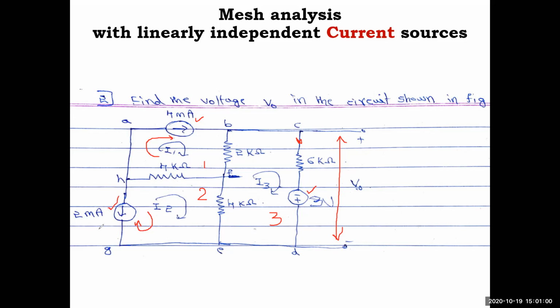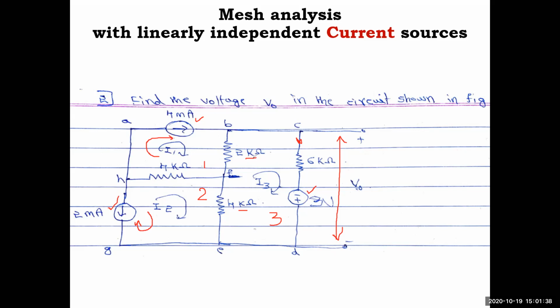Using these values, we can use them in the third mesh equation. So here no need of a calculator also. By just substitution, you can get the answers. So for I3, you have to write the mesh equation only. How do you write it? You can either use KVL or you can use the general equation. Now here all three meshes are touched with 3, right? Which is with the first one. And one more thing to note here is all the resistances are in kilo ohm. Kilo means 10 to the power 3, that you need to substitute. Otherwise current will come in amps, so it should come in milliamps. When resistors are in kilo ohms, current will normally come in milliamps.